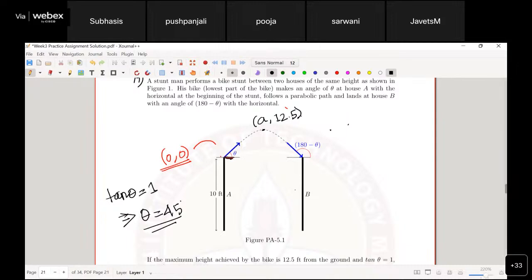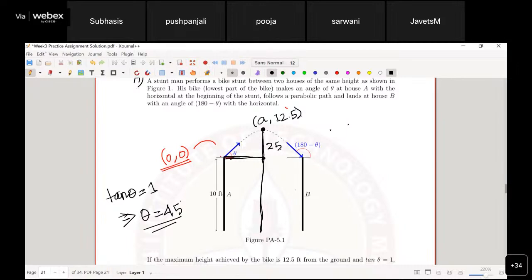So that means this distance is 10. Yes, sir. That means the remaining distance will be 2.5. Okay, so in that case, what basically is saying is that, since this is basically your axis of symmetry, if I